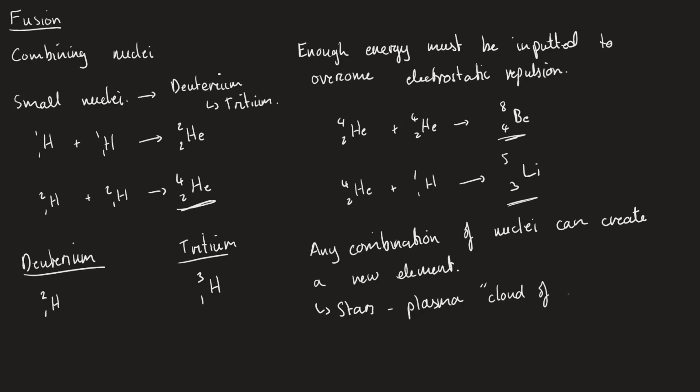It's just a cloud of nuclei. Okay, so we've put so much energy in that we've ionized all of the electrons from this system. We end up with just a cloud of nuclei floating around. And it is therefore in stars that we actually make most of the elements that we're familiar with on the